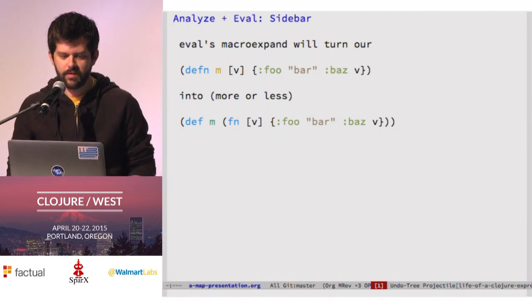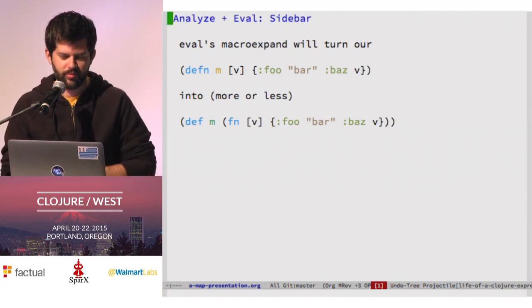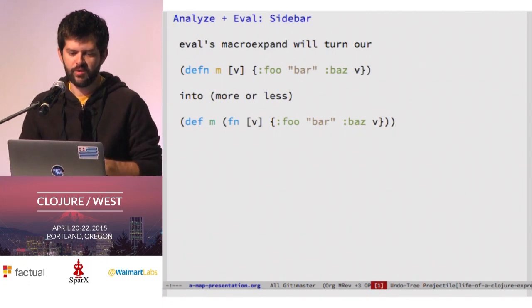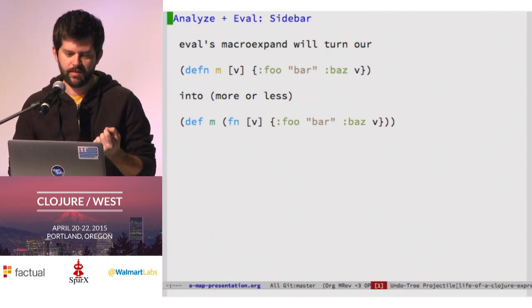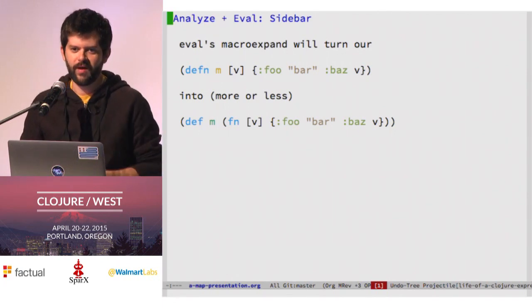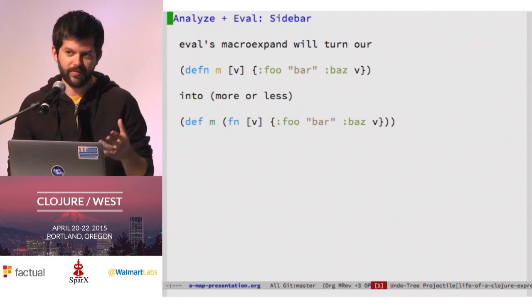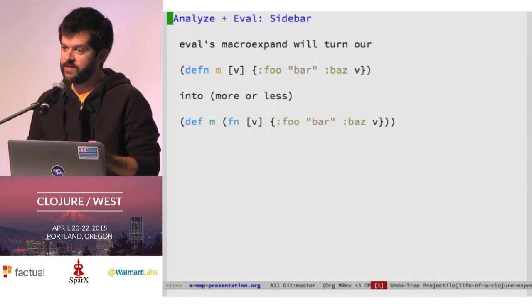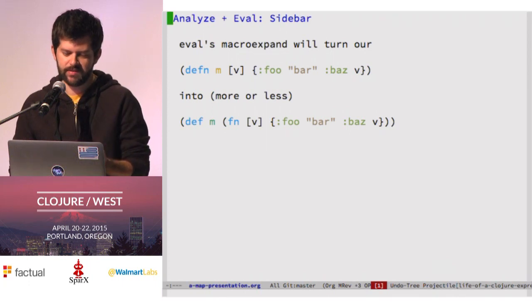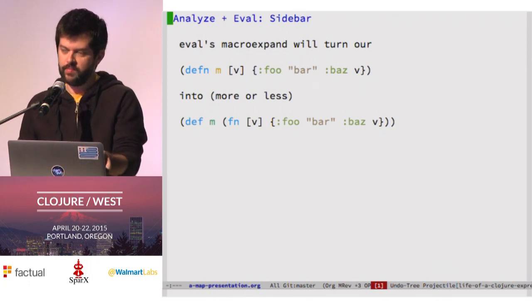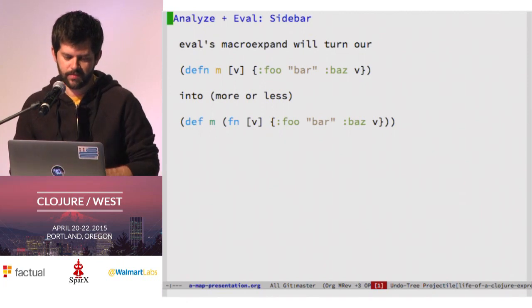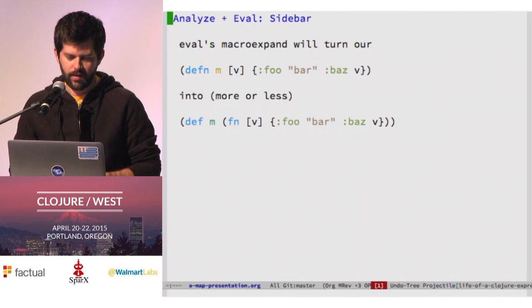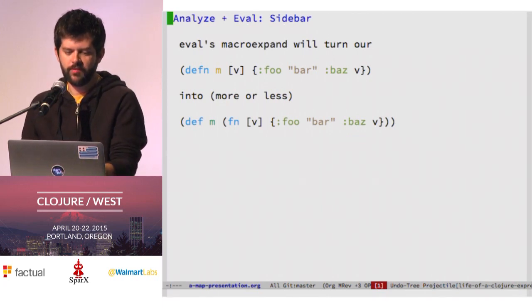So I want to check in on our simple code that we were sending through the system. That macro expand right at the beginning, depending on how well you know Clojure, you may have learned a long time ago, defn is just a macro that makes it more convenient to define functions, but it expands into more or less def m, that's our name, and then the fn special form, or pseudo special form, for our function. So the reason I want to show this is because